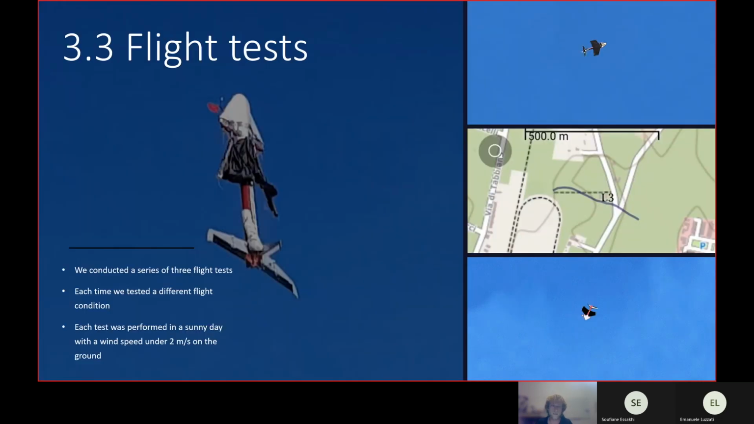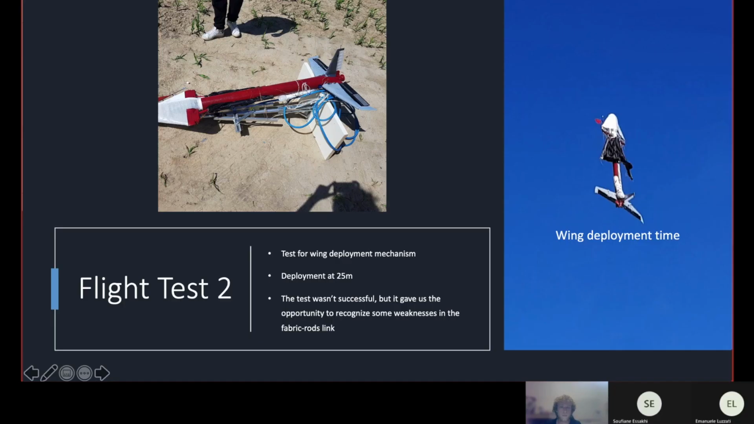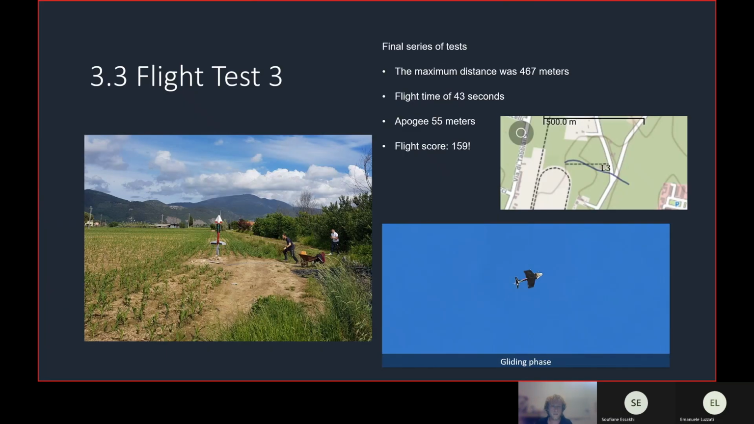The first one was without the wing. In fact, despite having reached an apogee of 58 meters, it immediately crashed on the ground in just 8 seconds, covering a negligible distance. The second was a specific test for the wing opening mechanism and allowed us to identify and correct some technical problems. The third and final test campaign allowed us to reach the best result by covering 467 meters in 43 seconds, obtaining a